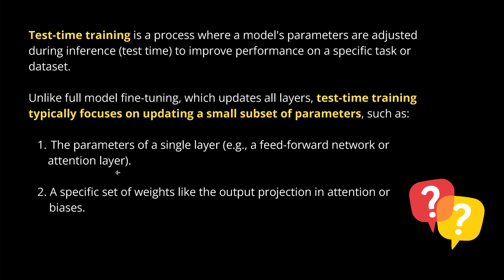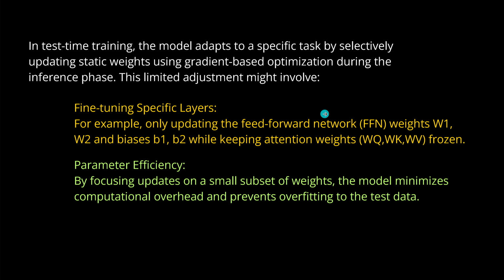I'll show you this. Or a specific set of weights, like the output projection in the attention or in the biases. So let's have a look at this a little bit more closely. In TTT, in the test time training, when the model adapts to a specific task, your unique, your unseen task, by selectively updating the static weights in the transformer architecture using gradient-based optimization, forward pass, backward